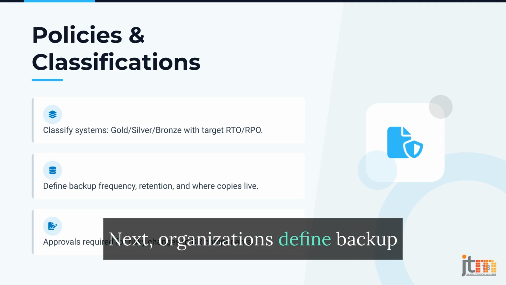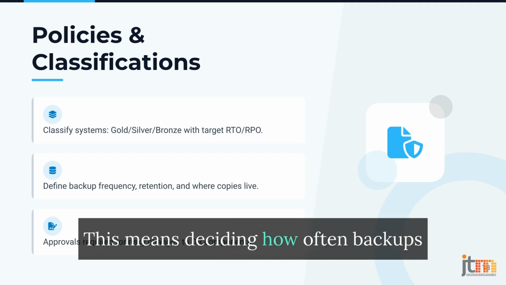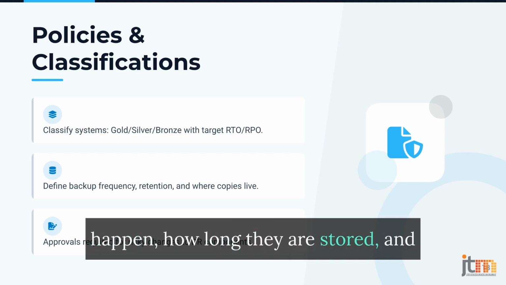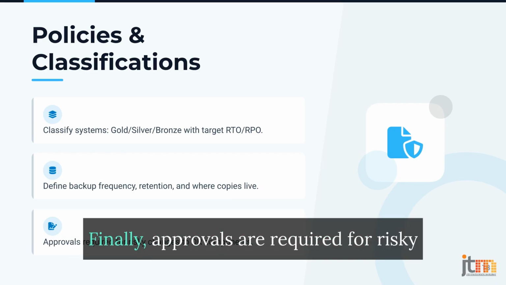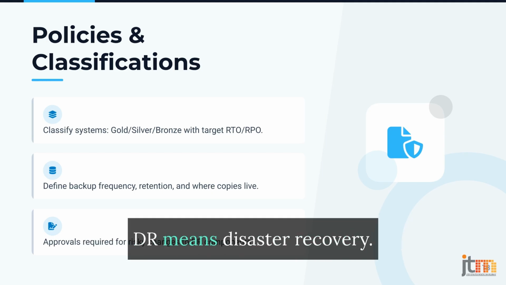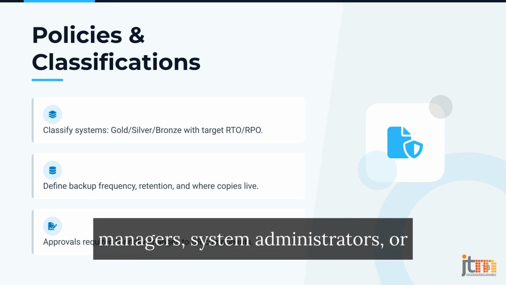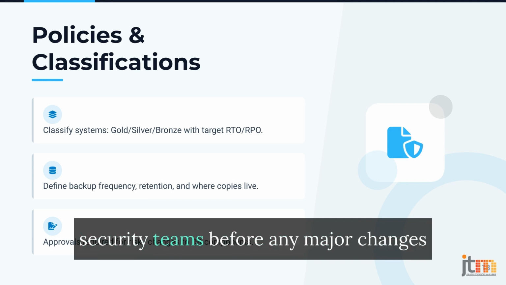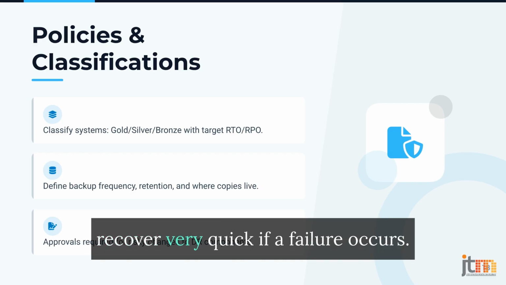Next, organizations define backup frequency, retention, and where copies live. This means deciding how often backups happen, how long they are stored, and where the backup copies are kept, such as in another cloud region. Finally, approvals are required for risky changes to DR components. DR means disaster recovery. These approvals usually come from IT managers, system administrators, or security teams before any major change is made. For example, a cloud banking system may be classified as gold because it must recover very quickly